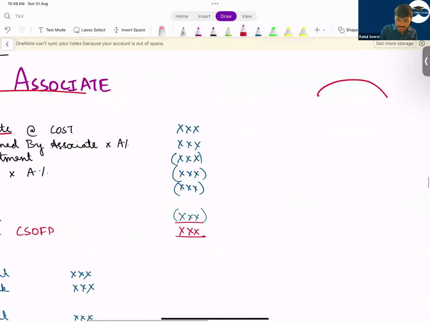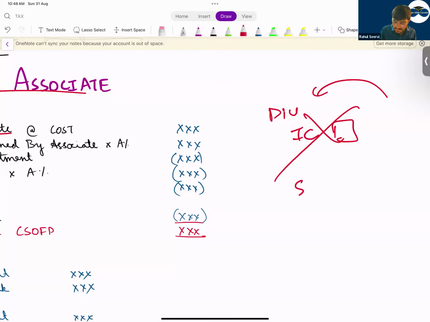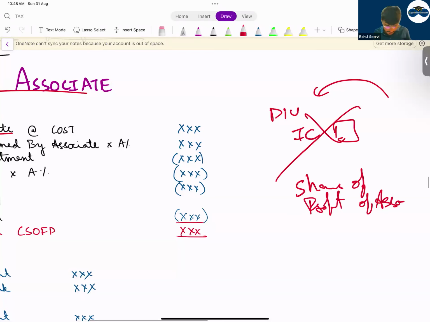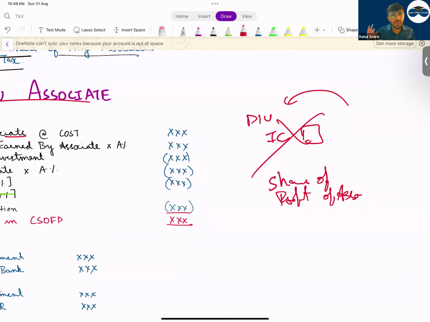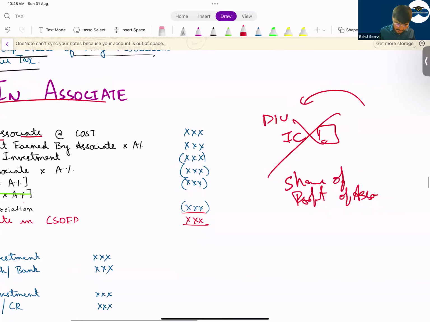Sometimes the associate company will pay you a dividend. The company would have recorded the full amount of the dividend under the investing category. Remove this dividend, and record the share of profit of associate instead. Do this calculation in a working note and include it. Simple. And this full amount will be allocated to the parent only, not NCI.